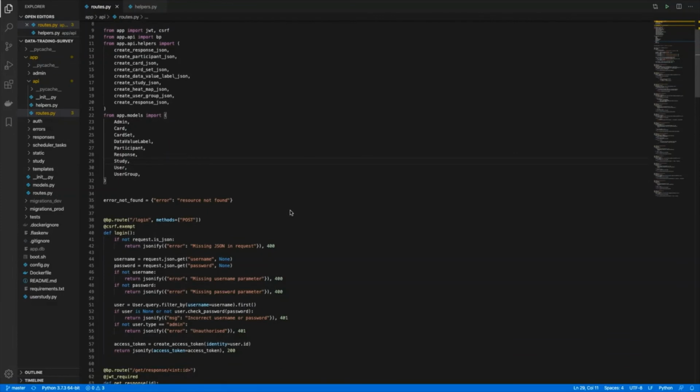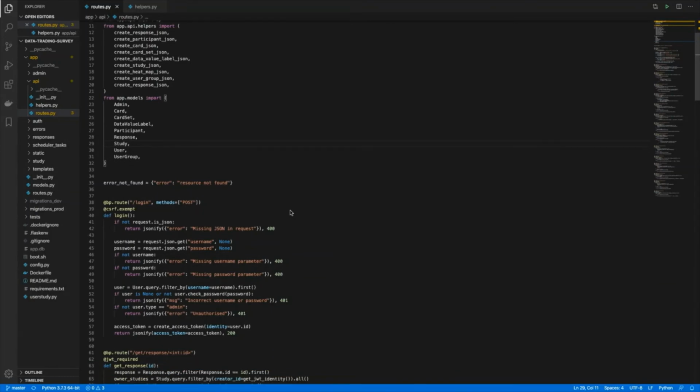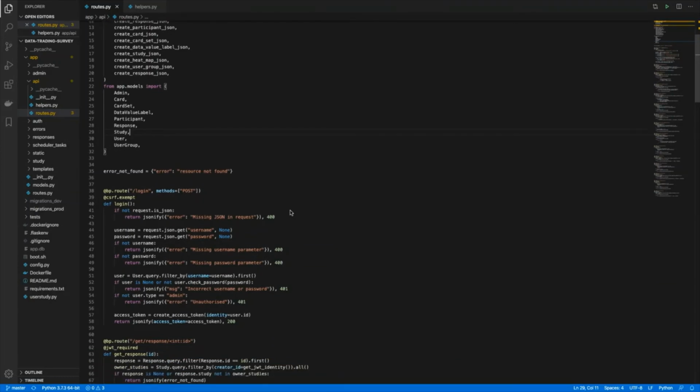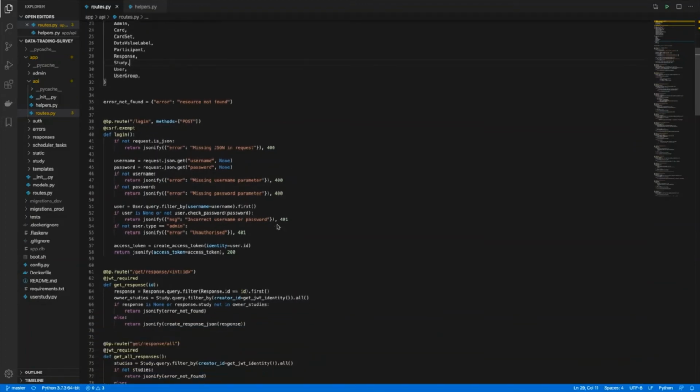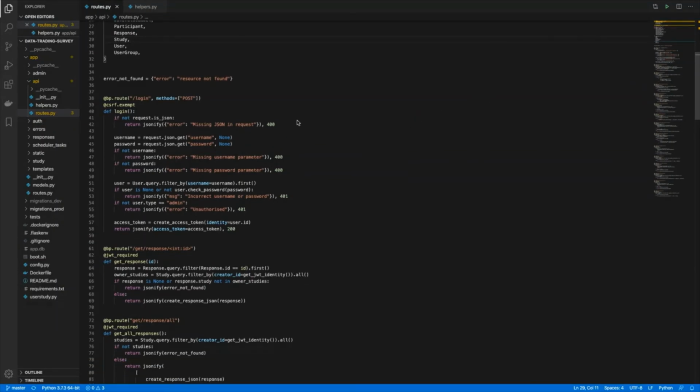Okay, so going into the final module we'll be discussing in this video, the API module, which gives administrators access to data that they have created by way of their studies. So in order to protect the endpoint, we can't use any of the previous admin required or login required decorators that were used before, because there's no interface to log in or interact in such a way.